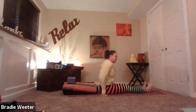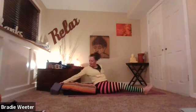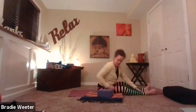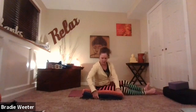Legs out straight, sitting right up against a bolster with your head resting on the bricks. If you don't like that, you can have the brick under, and you can start there if you wish. If you have two bricks, you can have two bricks. If you've got a couple cushions at home, you can use a couple cushions. If you don't have bolsters, if you don't have bricks, you can take a couple towels or a couple blankets and roll it up